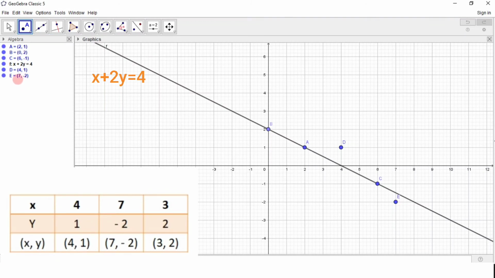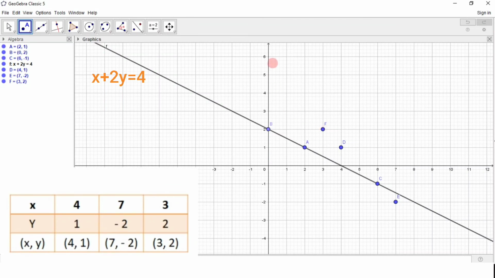So this is the second point. And the third point is (3, 2). So on the x-axis we have point 3 and on the y-axis we have point 2. Their point of intersection is point F. So here we have got 3 points E, D and F, which are the coordinates from the second coordinates table, which is for the equation x + y = 5.